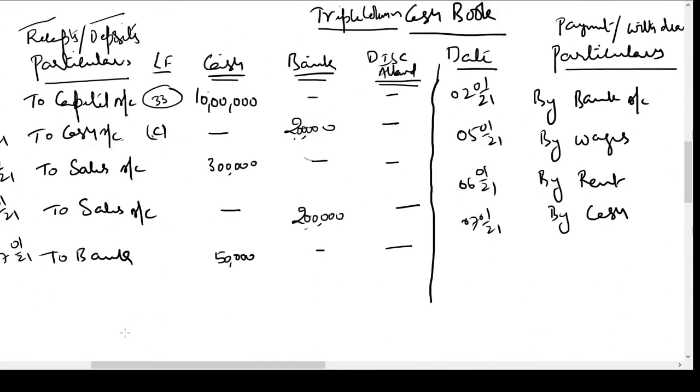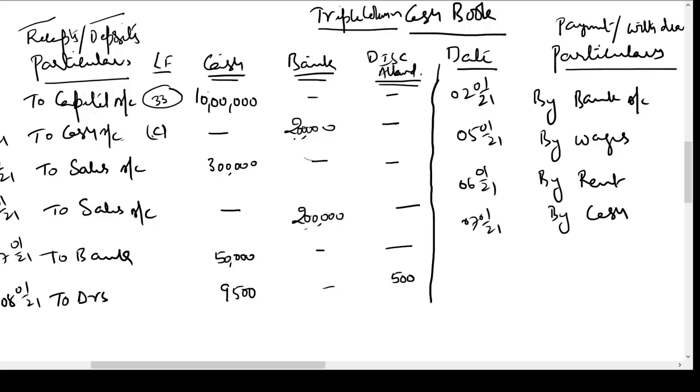I am receiving cash 9,500. Along with that, I'm allowing a discount of 500. Discount allowed is a loss. That is why this account has to be debited. That is why it is debited in this account also. Who is giving us this loss and cash? Debtors. That is why I have written here. Okay. So in cash account we are writing to debtors, and in discount account also we are writing to debtors 500 rupees. This is how we record the transaction.